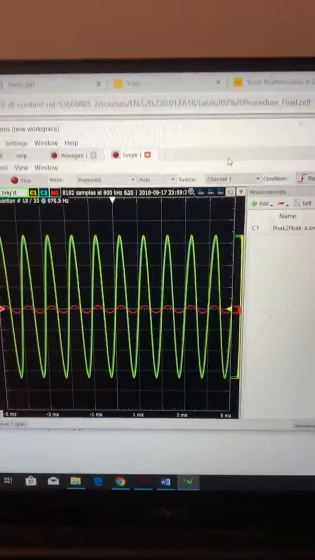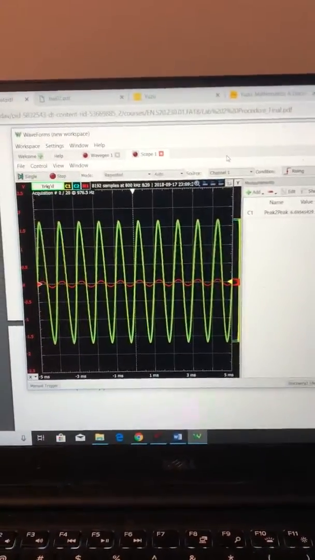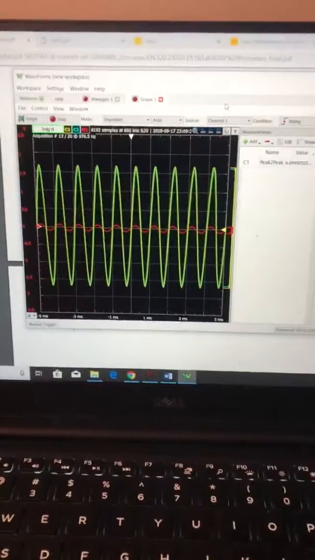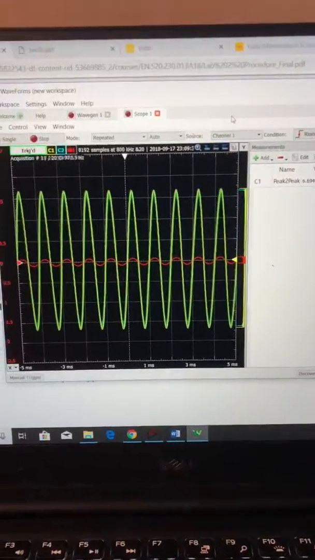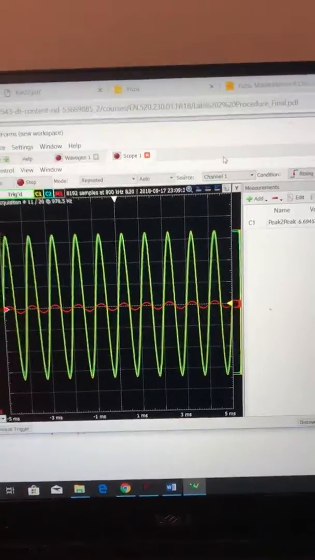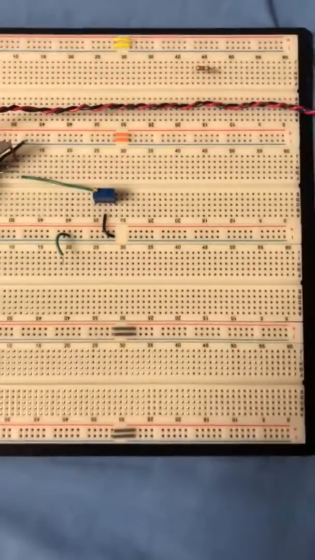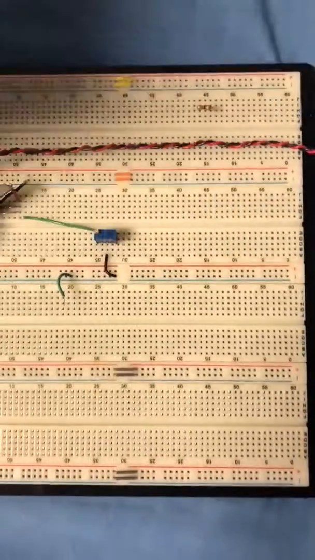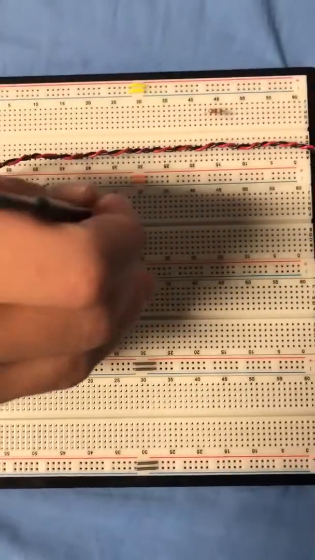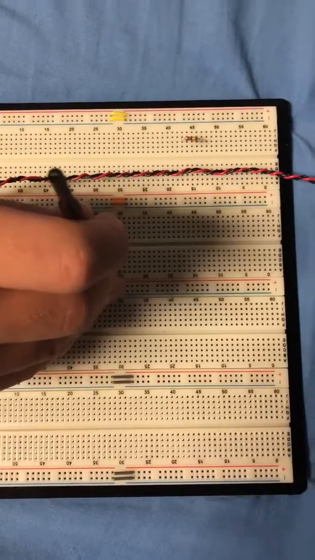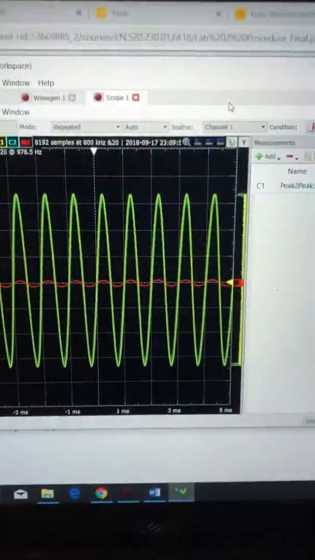So we will be using the potentiometer to optimize the value of the red line, or make it as straight as possible, so that the difference between channel 1 and channel 2 is minimal. So when we adjust the potentiometer, the probes are hooked up so we can check the voltage difference across R3, and as we change the potentiometer, you can see